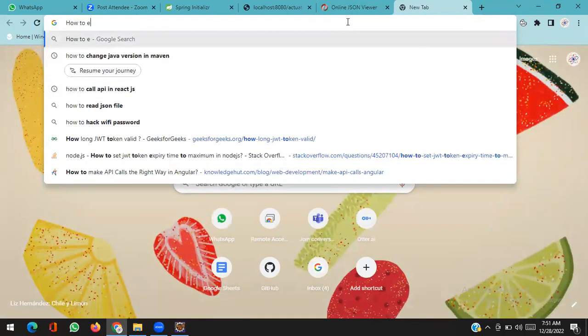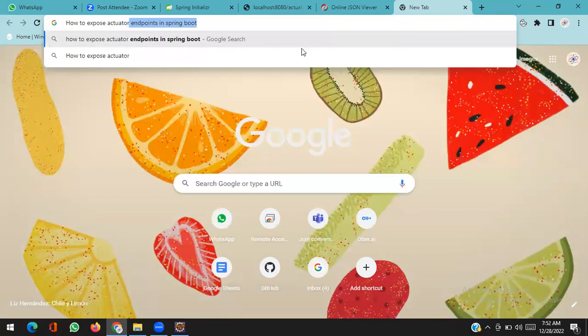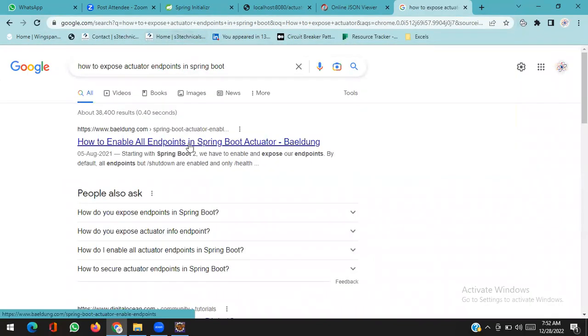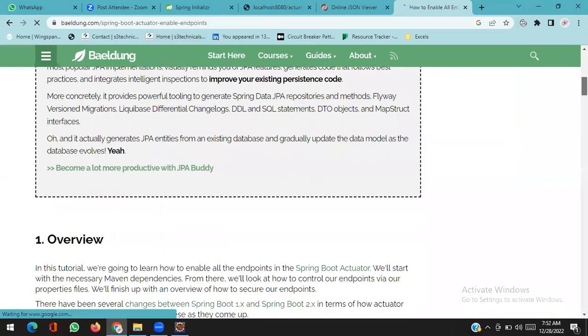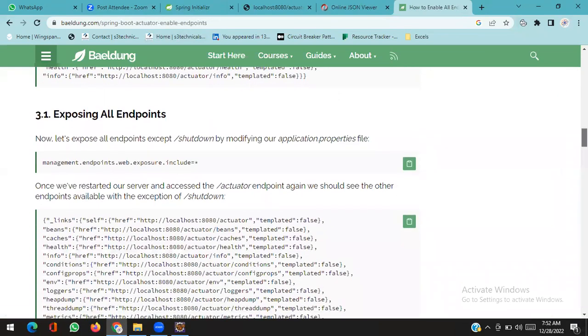how to expose actuator endpoints in Spring Boot. It's a simple thing. Okay, I know the property name, but I want to show you where I can get these things. It's just one line or two lines, not more than that. If I write this,